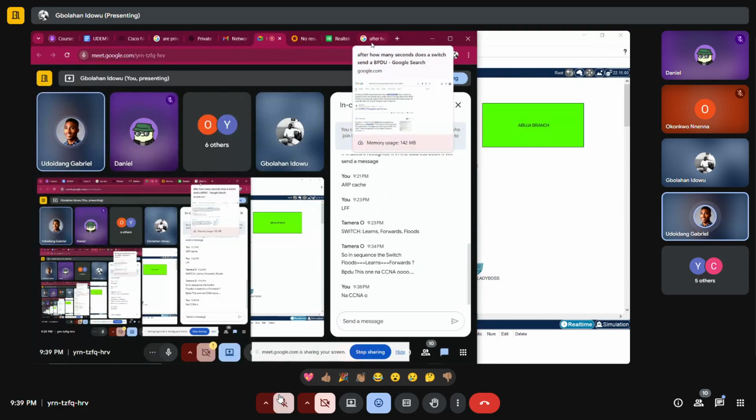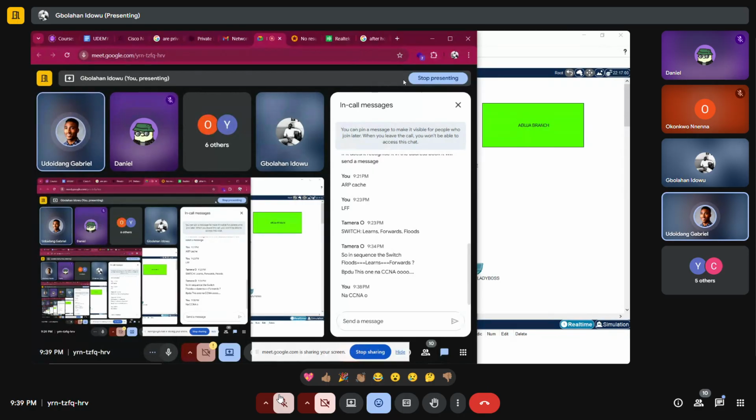But in a situation where two devices swap their MAC addresses and the IP addresses associated with them based on the ARP table,